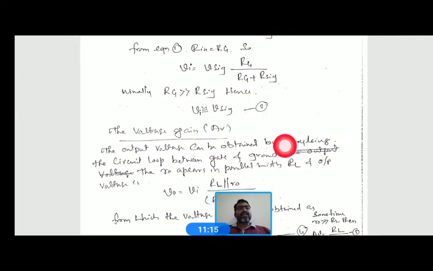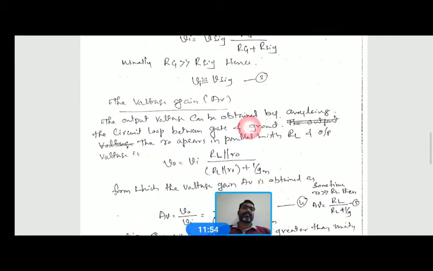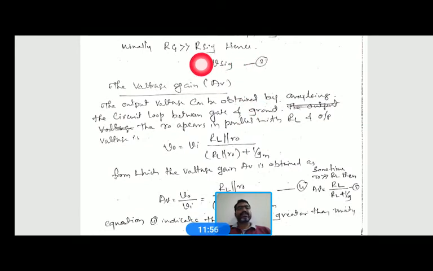Right? So usually you can see here Rg is greater than R signal. So since Rg is greater than R signal, R signal is considered very small. So therefore we are neglecting R signal in the denominator here, because Rg is very large as compared to R signal. So the effect of R signal is nothing here. So therefore Rg divided by Rg gets cancelled. So we can say that Vi is approximately equal to V signal. You can see this in figure 3.